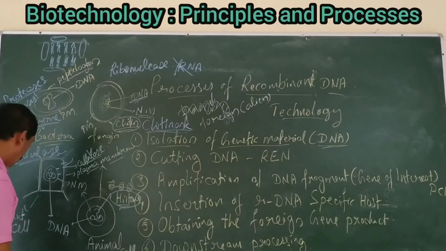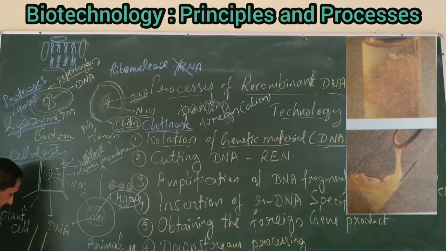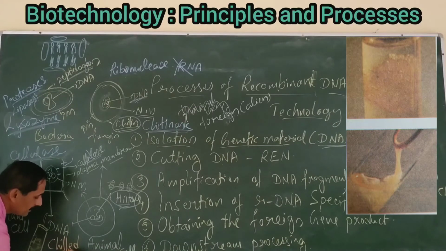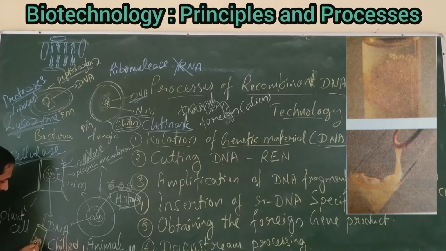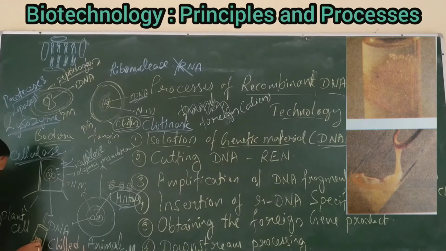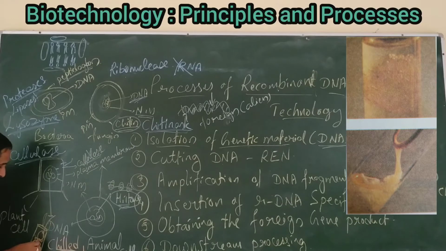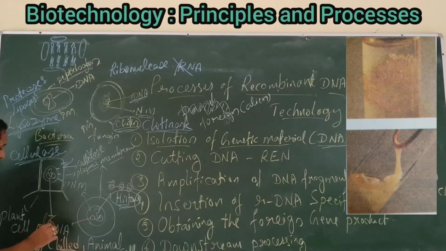To the solution so obtained, the extracted DNA, we have to add chilled ethanol. By using chilled ethanol, the DNA gets precipitated, it forms threads, it is suspended like a small thread, and we can collect these DNA threads which get precipitated after adding the chilled ethanol. That process is called spooling.